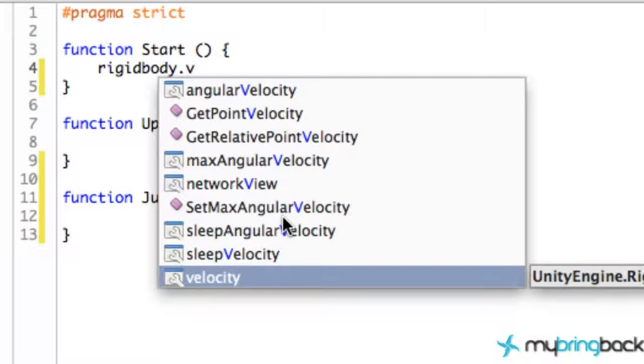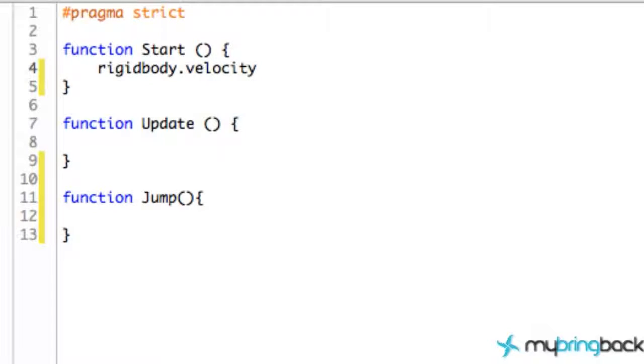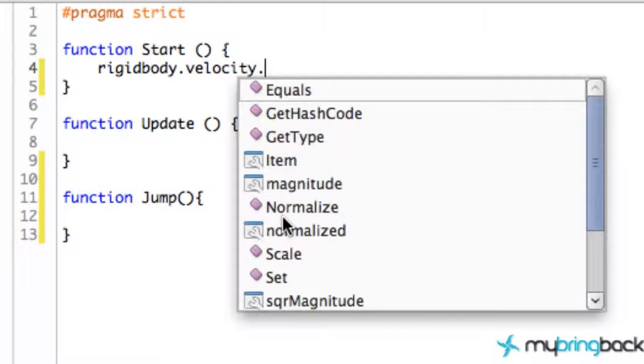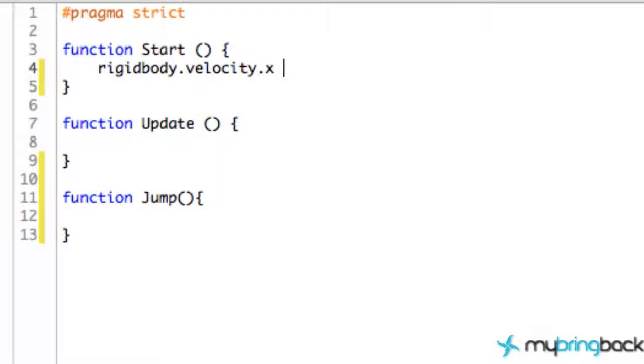So again, all lowercase, type out velocity or use your helper, and then we want to get even more specific, because we can have the overall velocity of the object, or we can have the velocity in the x, the y, or the z direction. So we're going to hit our period again and hit x direction, and now we're going to set this velocity